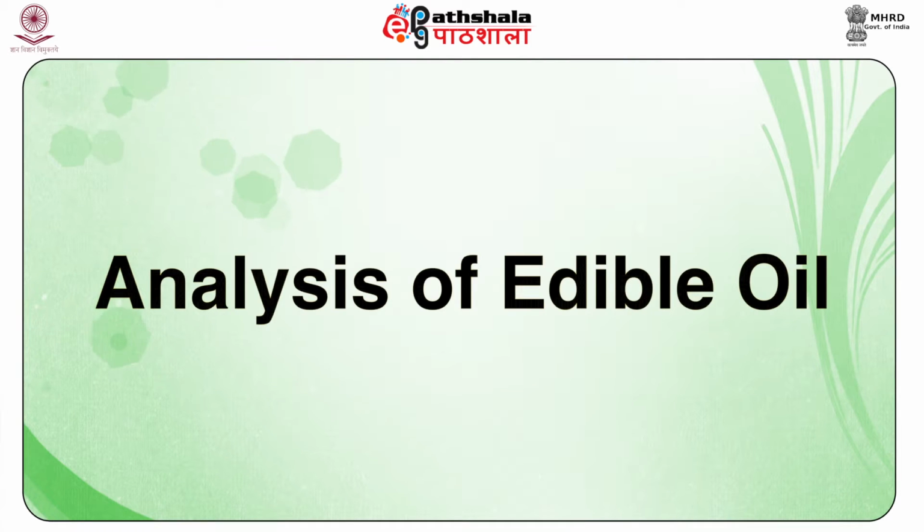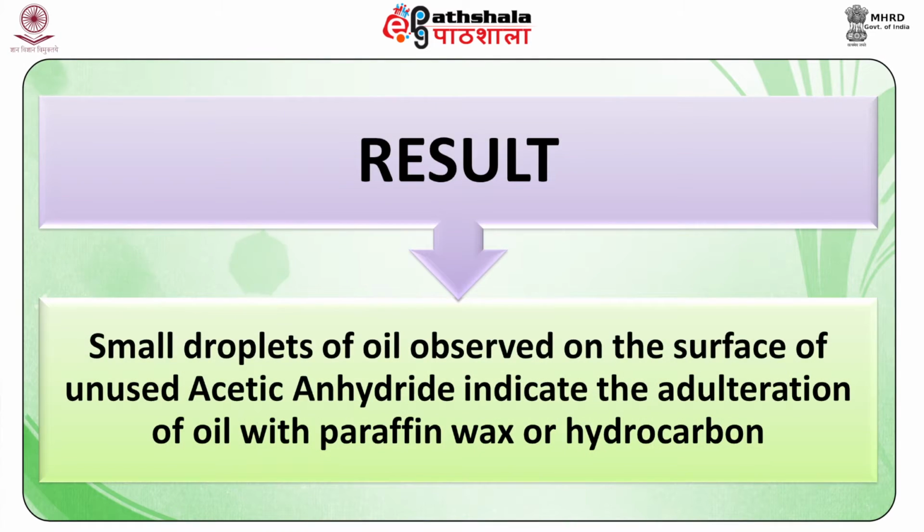Now, the analysis of edible oil. To detect adulteration of paraffin wax and hydrocarbons in vegetable ghee, a small amount of unsaponifiable matter of the oil is heated with acetic anhydride in a test tube. Small droplets of oil observed on the surface of the unused acetic anhydride indicate the adulteration of the oil with paraffin wax